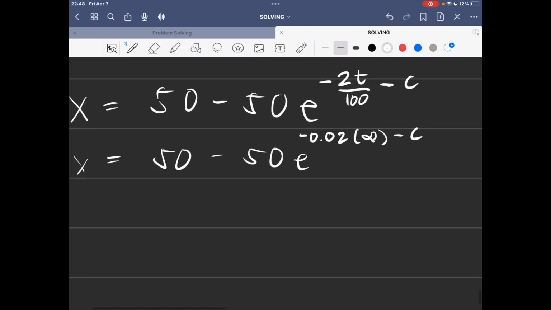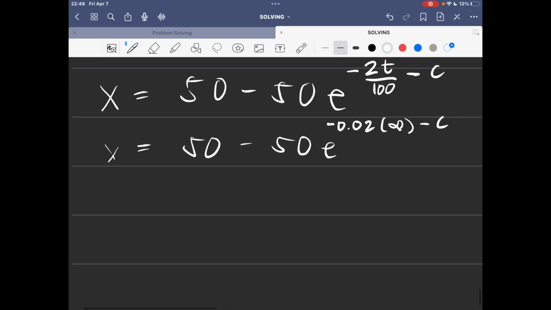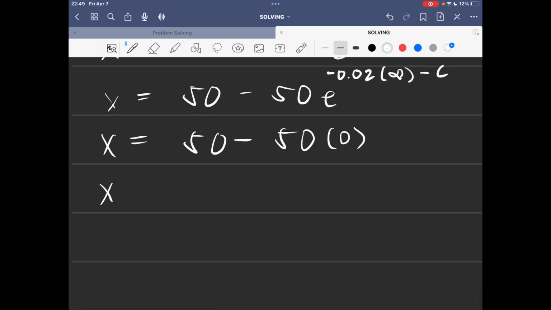So e raised to negative infinity is 0, so we have x is equal to 50 minus 50 times 0, which will have x is equal to 50